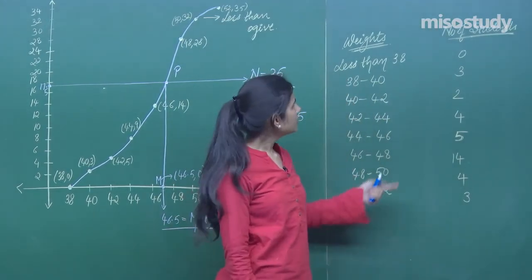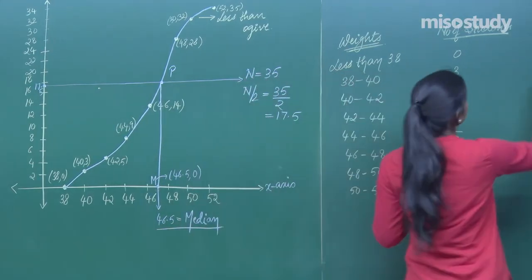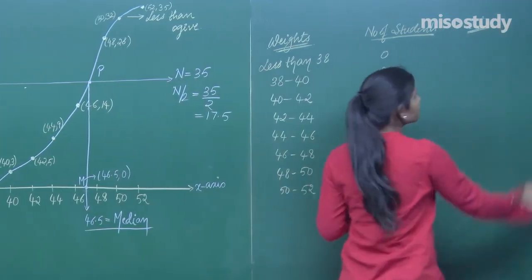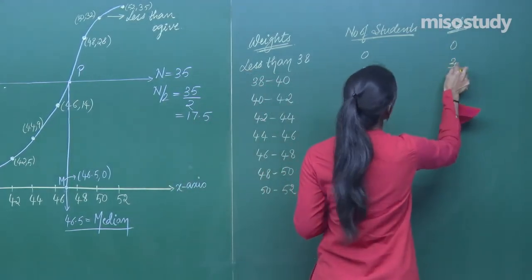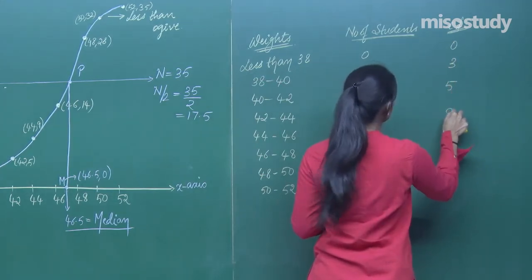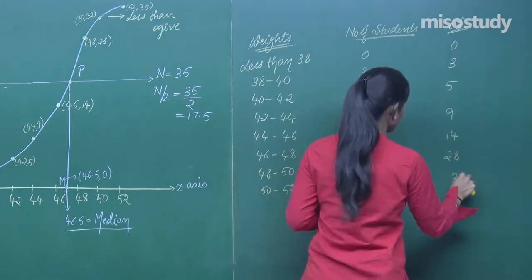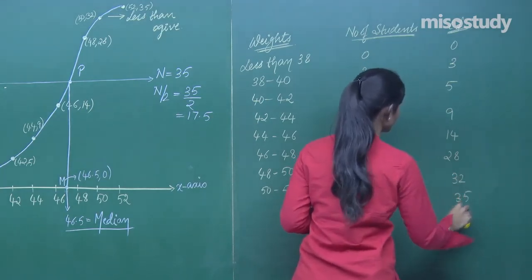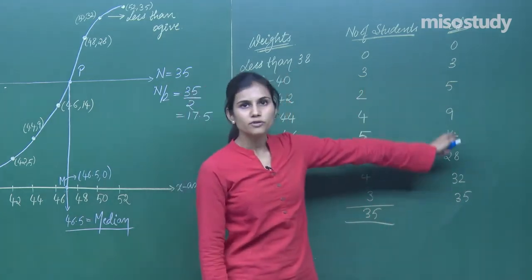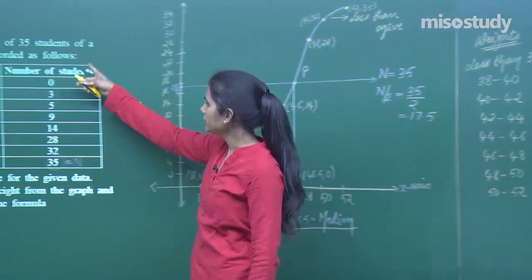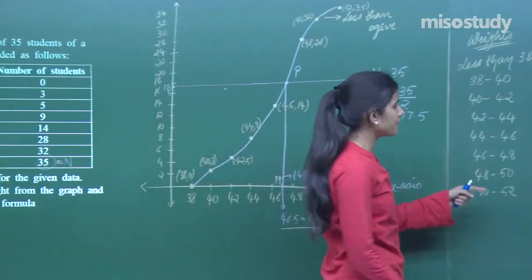Is it understood? You have your frequencies with you, you have the class intervals with you. Now if you calculate the cumulative frequency, as you do when you evaluate the median, you get here 0, 0 plus 3 is 3, 3 plus 2 is 5, 5 plus 4 is 9, 9 plus 5 is 14, 14 plus 14 is 28, 28 plus 4 is 32, 32 and 3 is 35. This sum is 35. And you can see that this column of cumulative frequencies is completely matching with the column which is given to you. Fine. Now that your capital N is 35,